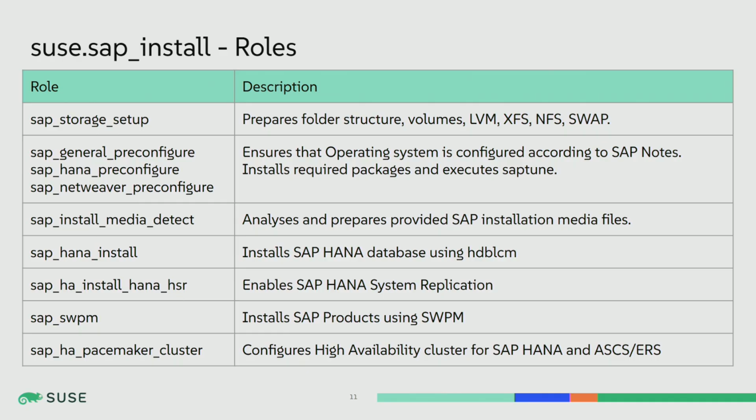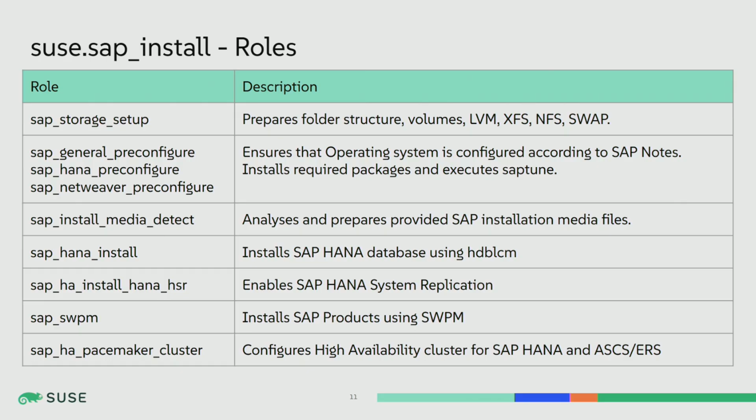It works for on-premise and for cloud providers, and it's also good for new provisioning. Same for pre-configure. We are running and setting up all SAP tune parameters as well as packages that are needed for a given product, based on SAP documentation that you can find in SAP notes. SAP install media is a little bit different, because when you provide the media that you want to install, you need to go through it and make sure it's good. Sometimes some media need to be unpacked, so this takes care of it. And based on what it finds in the manifest files, it's able to list through them and separate them based on what you are doing.